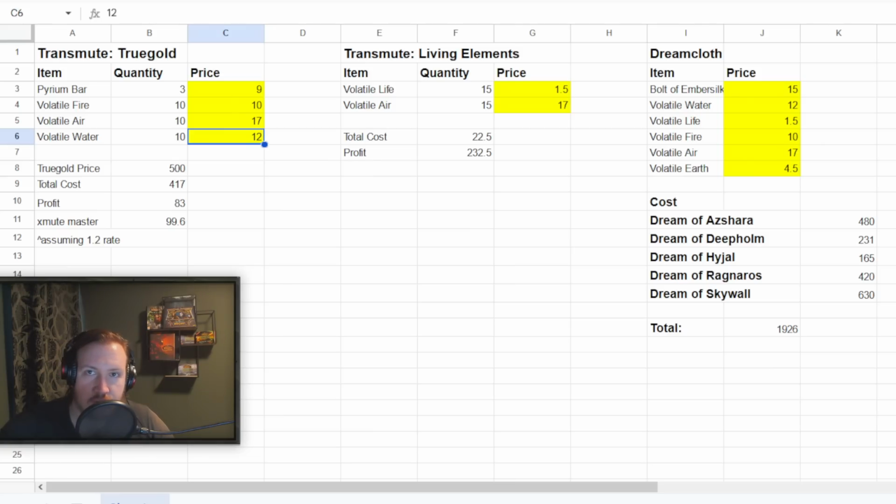That's where your gold is. You have to be Transmute Master to really make this work for you, and I've put in a Transmute Master rate here, assuming 1.2. We know it's a 20% proc chance, but sometimes you proc 2, sometimes 3, sometimes 4. So 1.2 is really conservative, but I think it's better to be conservative than to hope for the best all the time. Based on that I'm making about 100 gold every single day. On the other hand, we have Transmute Living Elements, where you can transmute volatile life